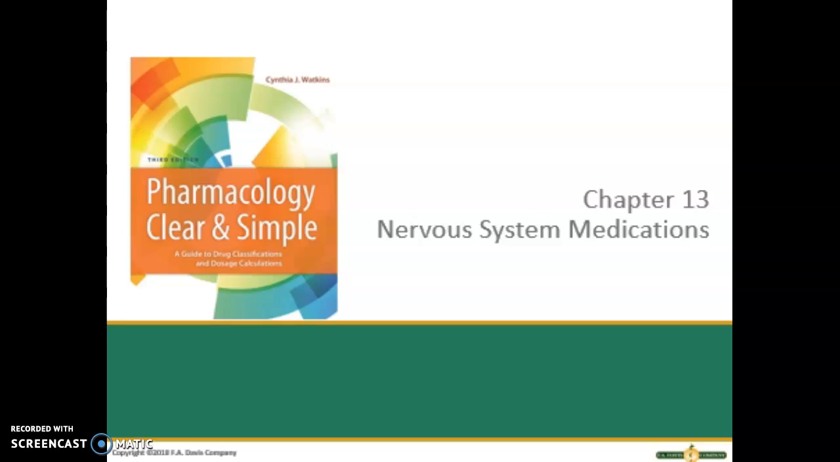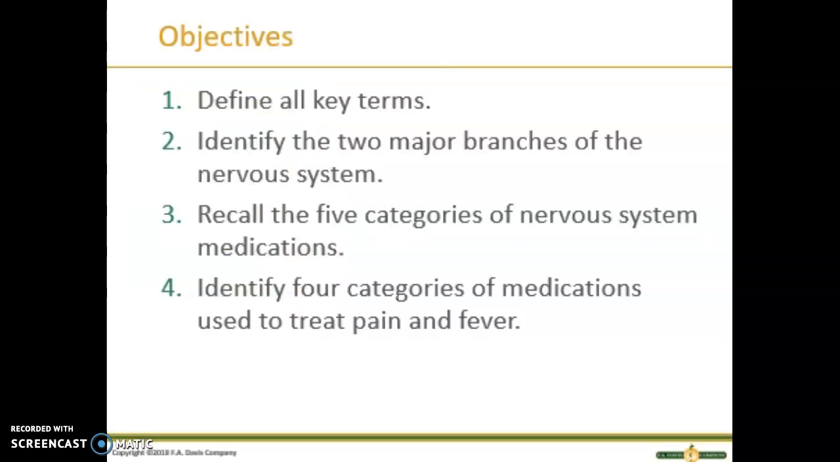Welcome to Allied Health 3, Pharmacology Clearance Simple, lecture for Chapter 13, which is Nervous System Medications. Our objectives for this chapter are to be able to define all key terms, identify the two major branches of